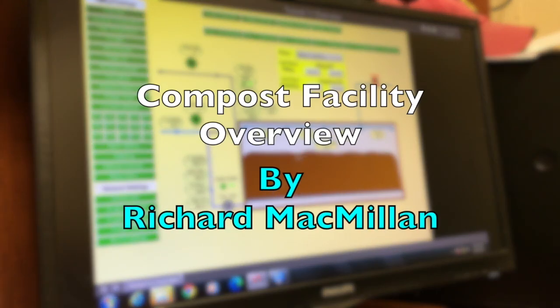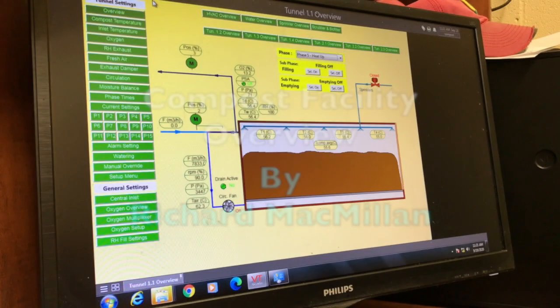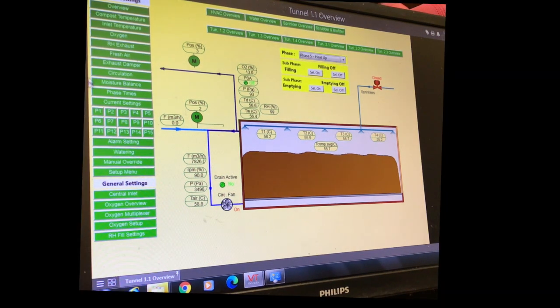Hello, my name is Richard McMillan, and I am the composting operator at the CBRM Composting Facility in Sydney, Nova Scotia. I'm just going to give a brief overview of why we use a SCADA-based program system to control our composting plant. So here is an introduction to